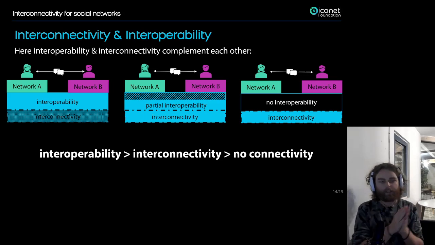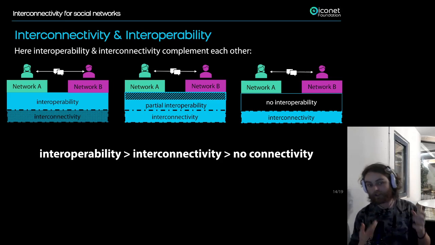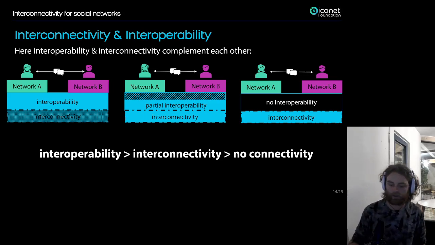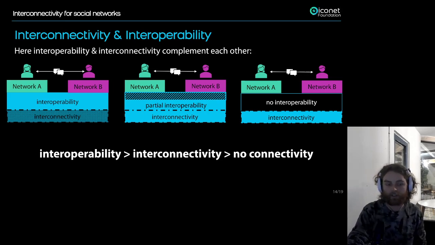But then again, wherever full interoperability is not available, and it is not available anywhere, interconnectivity is better than no connectivity. Users do want to communicate. This is the use case we are solving, and we should keep it in mind when designing interoperability protocols.